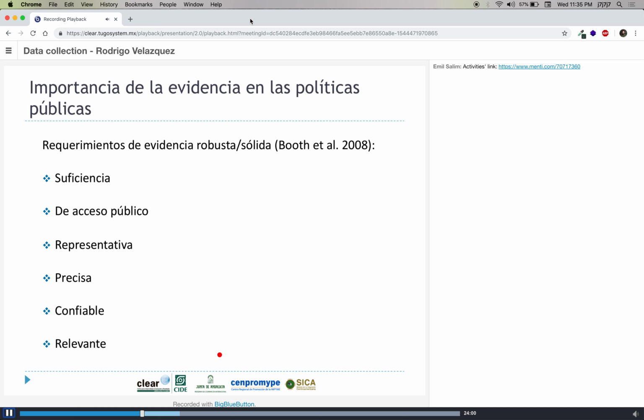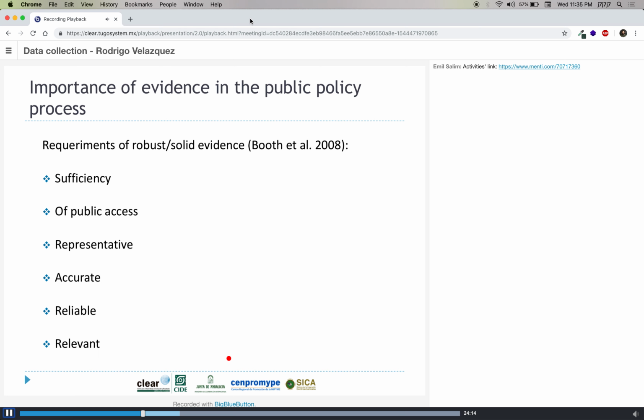So this is another element that is very important to take into account. Maybe you have already seen some studies where evidence can be sufficient concerning an argument or a hypothesis. This can be of public access because we have the links or the information. This can be representative, but maybe it is not accurate. And evidence must be accurate